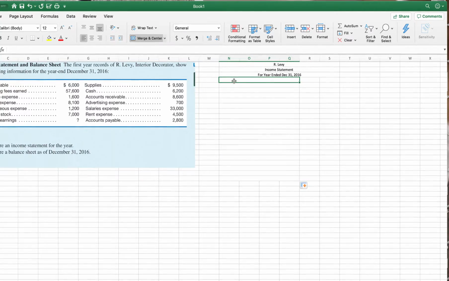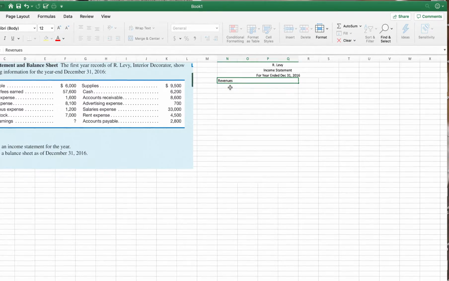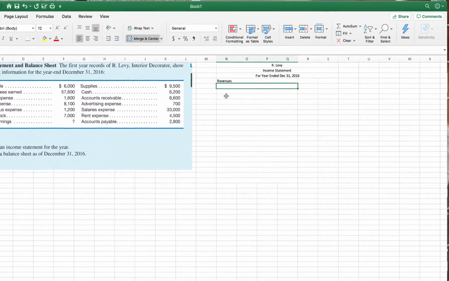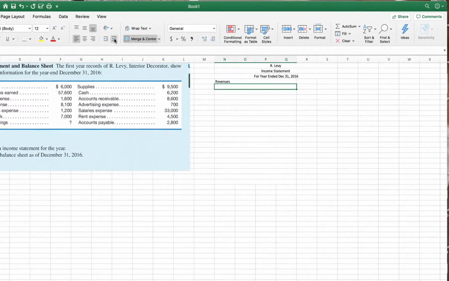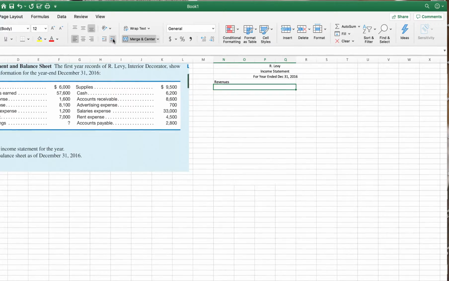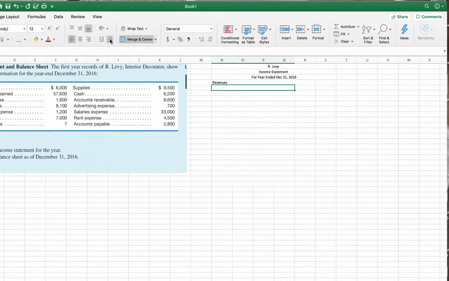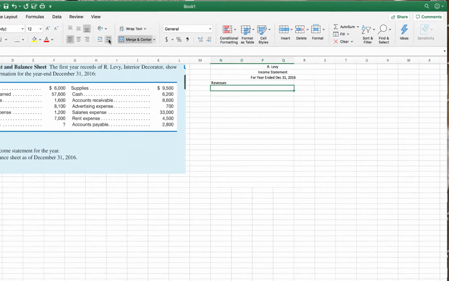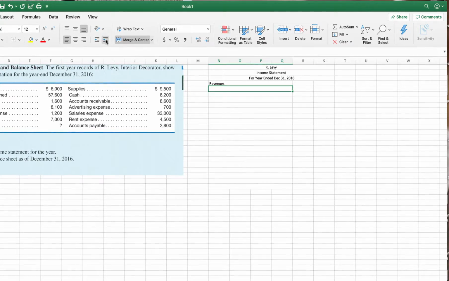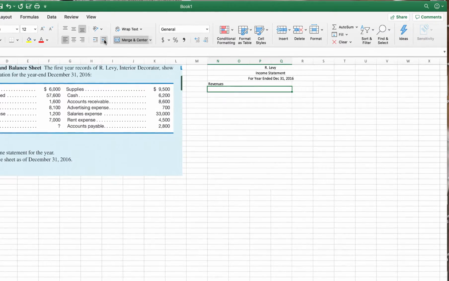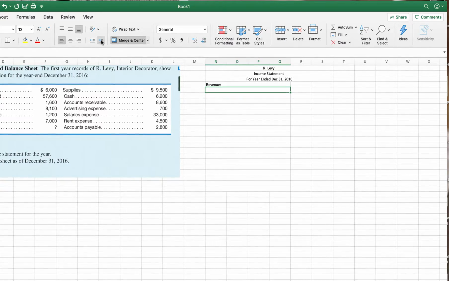So first thing I'm going to put are my revenues. So I put the title revenues. Excuse me. I come down to the next cell and I want to click indent because I want all my revenues as I list them to be indented slightly to the right beneath that header of revenues. So if I look at my problem here, 1-6B, they tell me that when it comes to revenues, it looks like I only have one,